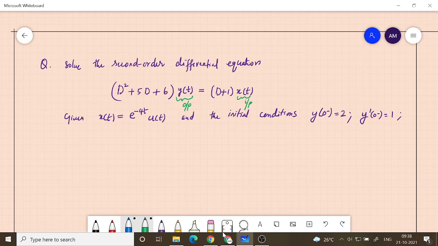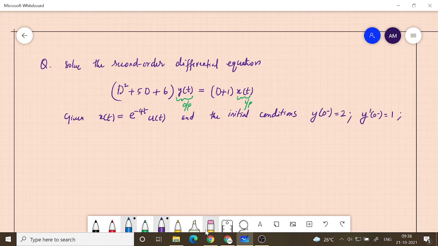You can solve it in that way also, but for this course we are using this approach, so that when you find out y of t it will have two parts to it. One is due to the zero state response, and the other is due to the zero input response. So we would like to separate it out in that manner, and that is why we are approaching the problem using the method of unilateral Laplace transform.